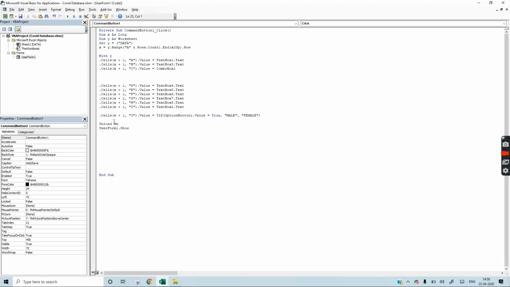Unload Me will empty that user form, and UserForm1.Show will show it again. As soon as you press that save button, it will show a blank user form to you. We have started this statement with, so first of all we will end with, then